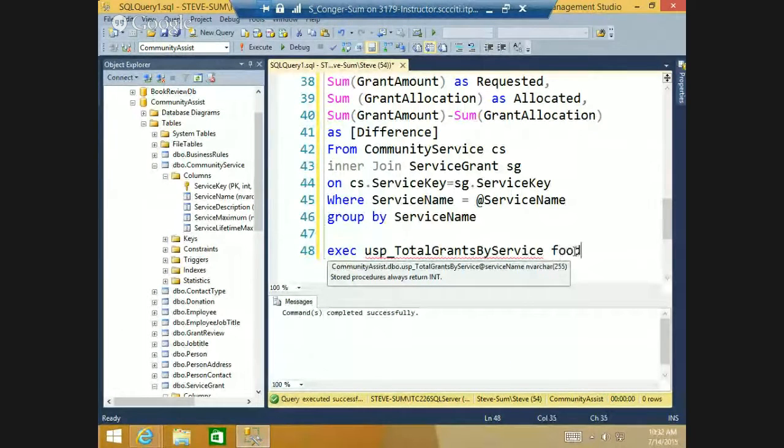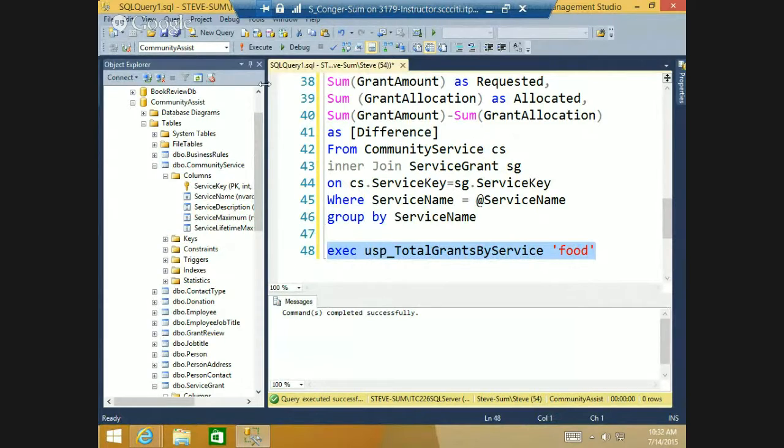It needs to be in single quotes. And it would give me just that service. You can do the same thing for like month if you wanted just a particular month or just a particular year, which might actually make more sense. But you know, if you wanted a summary for